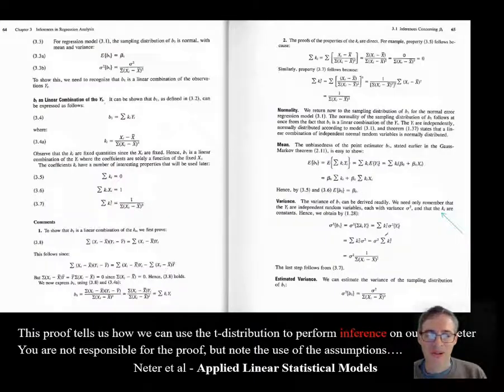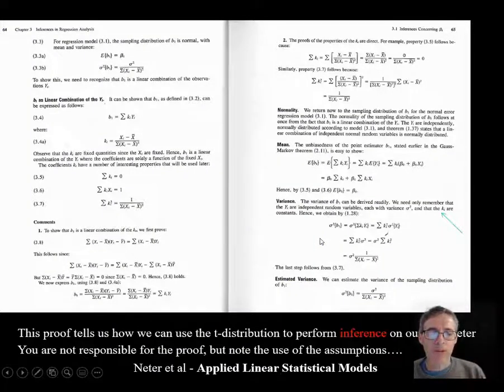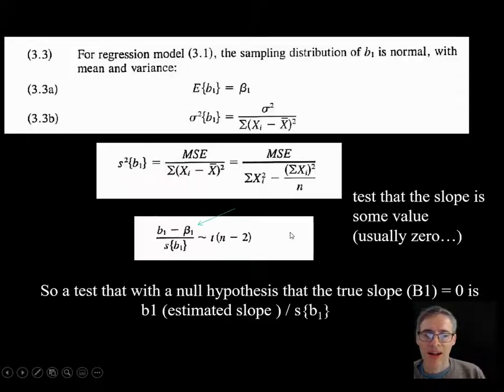So how does R know how to do that inference? How does R know how to calculate this p-value? So we're going to prove something here. I'm not going to go through this proof in detail. There's a proof in the Nieder book that you can follow, so you can work your way through this proof. What's going to come out of the proof in the Nieder book is that this value is t distributed with n minus 2